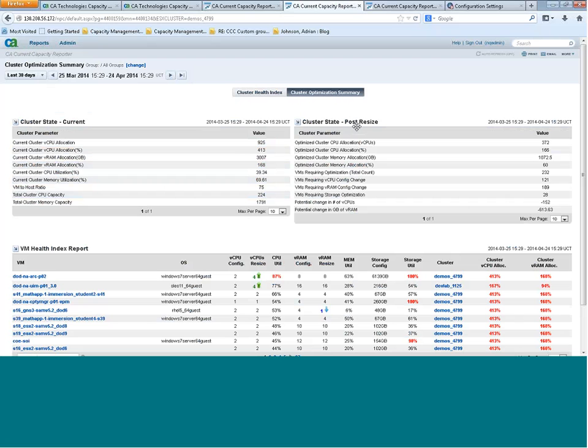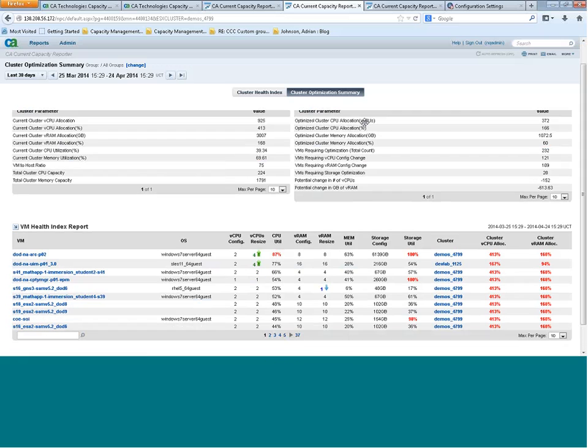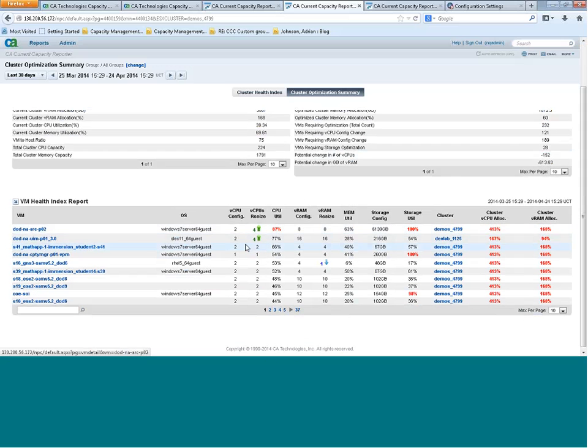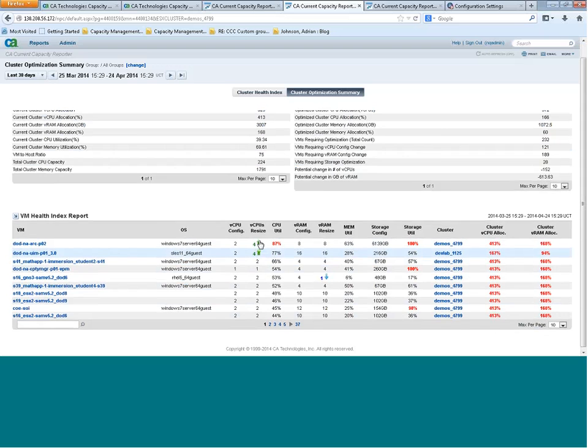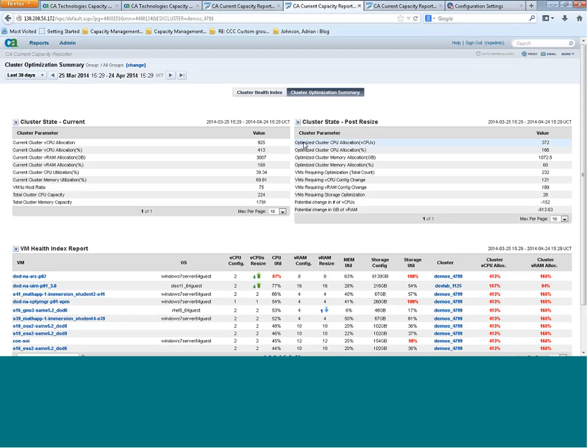Now, what we've also provided is a post-size optimization summary, if you will. And effectively what we're doing is we're going through and we're providing a summary of all of the change recommendations so that we can see the change in the number of vCPUs based upon the increase or decrease in resize for the individual virtual machines that are included as part of this particular report. And we can look at the optimized assets as it relates to what would be doled out. So you can see that if we were to implement some of these changes, we could reclaim a fair bit of